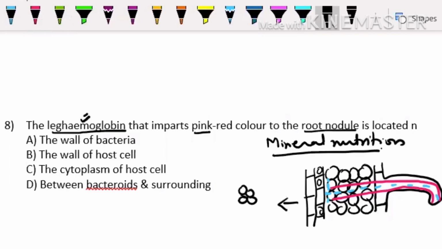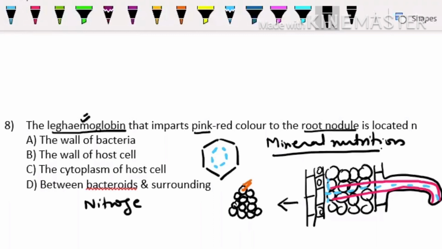The nodule is formed. When you see the nodule diagram, let us assume I'm taking only one cell. We are viewing only one cell. If we view this cell, see the diagram carefully, inside this cell you will find bacteroids are present. These are bacteroids, and these bacteria can do nitrogen fixation in anaerobic condition. The reason is the enzyme nitrogenase, which wants anaerobic condition.